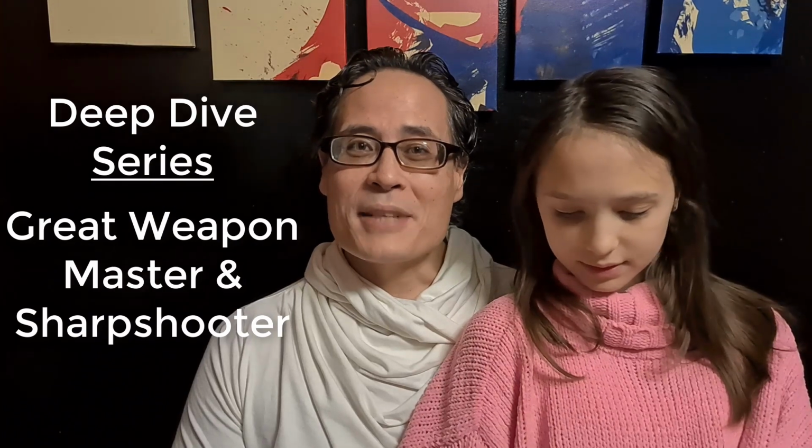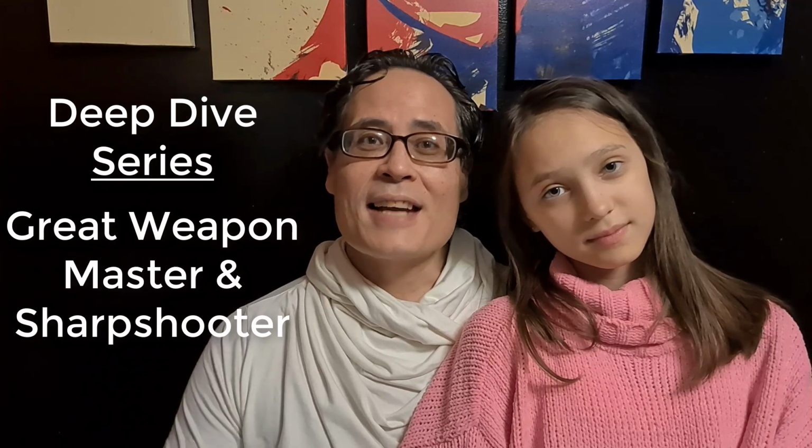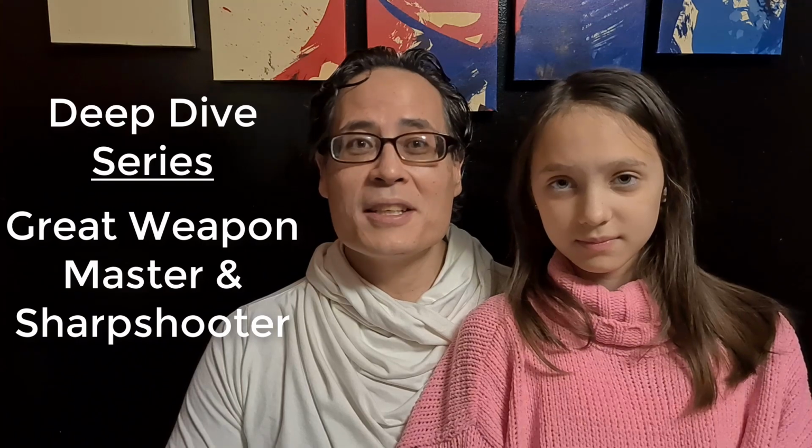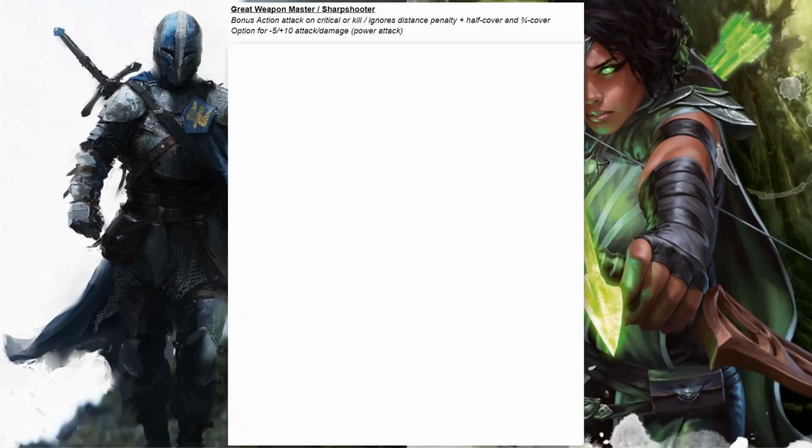So I wanted to take a deep dive into these abilities and help you guys understand when you should use them to optimize your characters. So let's take a look. So Great Weapon Master and Sharpshooter add a bonus action attack on a critical or a kill for Great Weapon Master, and ignores distance penalty and half cover or 3/4 cover if Sharpshooter. But more importantly, both add the option for a -5 to attack and a +10 to damage, which we will